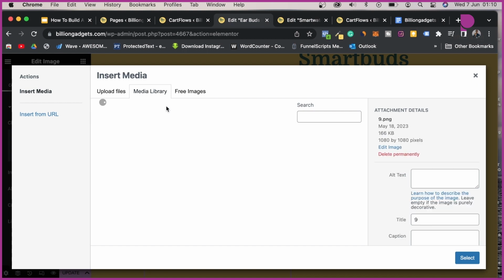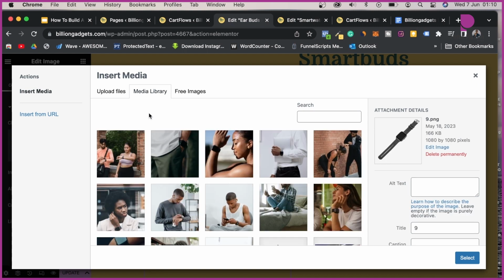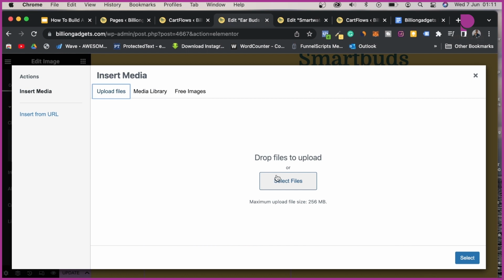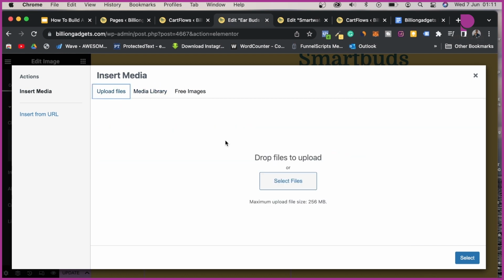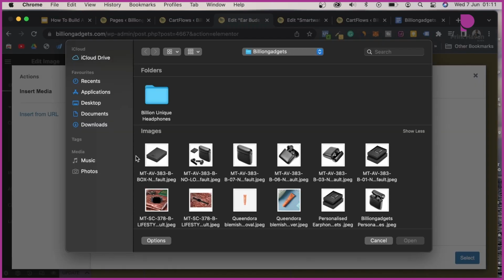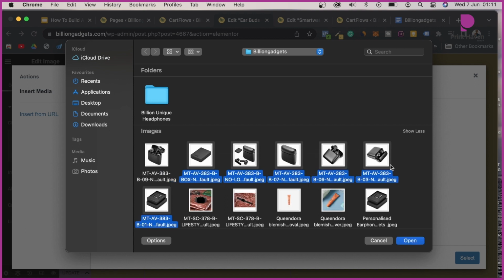I'm going to change this image. I'm going to choose a new image, upload some images. I believe we've uploaded some of these images, but just for the sake of teaching, let's just upload these images right now as well,